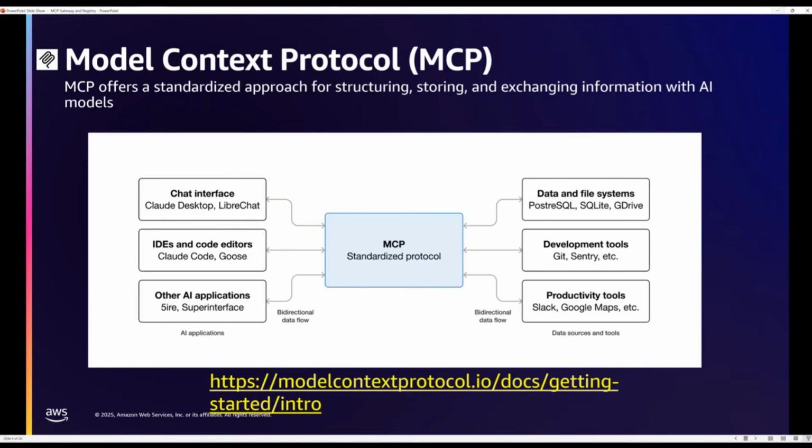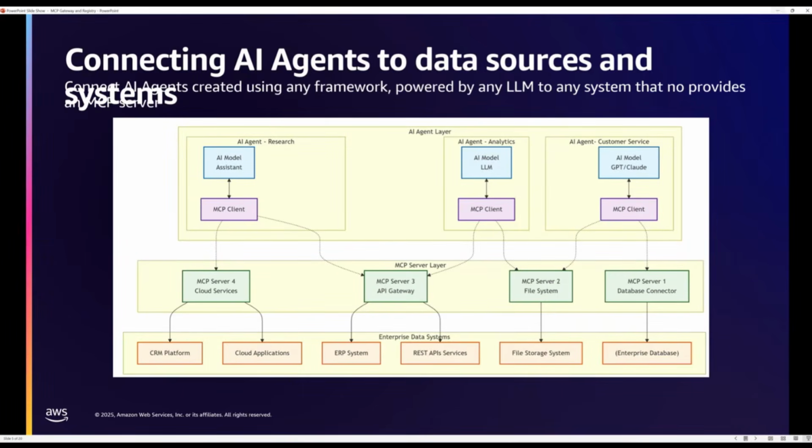Right, so in some sense, it is similar to the idea of building data connectors, but now these connectors are based on a standardized specification. This diagram provides another view of the same idea, that you could build multiple agents. And these agents, through the MCP servers, connect to different data systems, enterprise data systems, or maybe public data systems of interest. And what this also shows, going one level deeper, is that MCP is a client-server